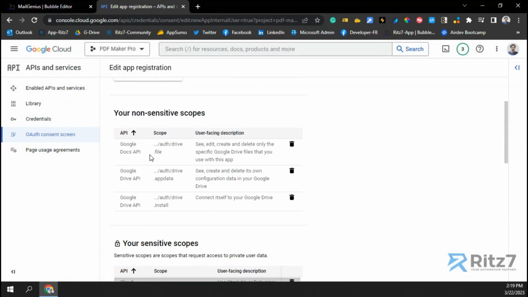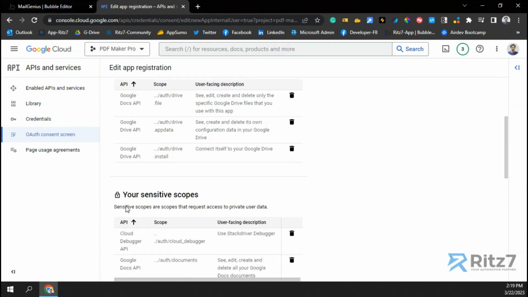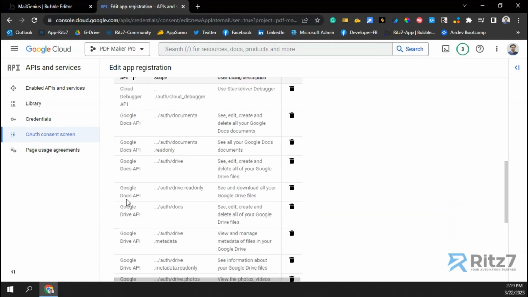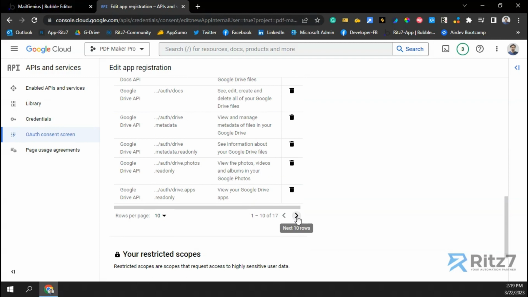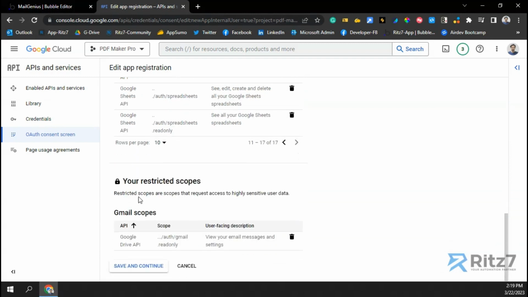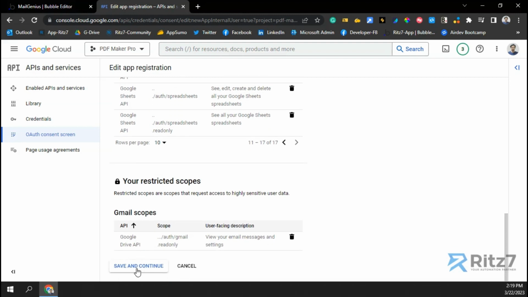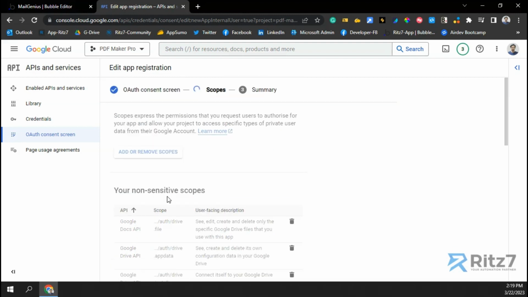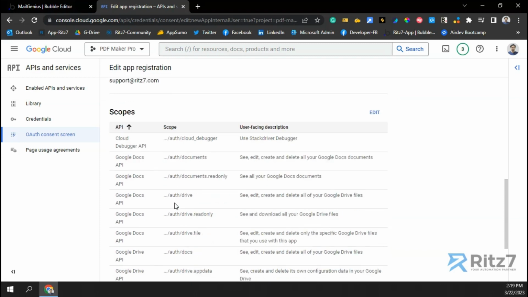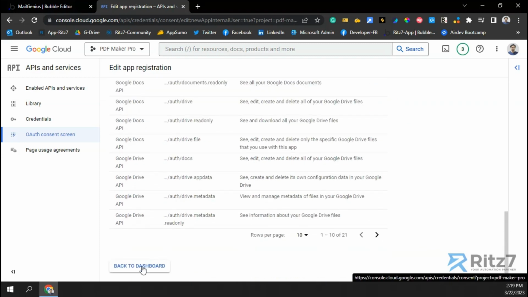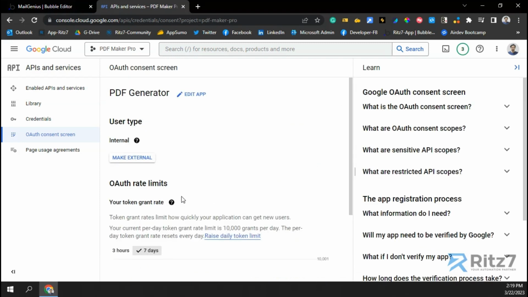You can see that these are being shown here: Google Docs, Google Drive, Google Sheet should also be shown somewhere, maybe on the next page here. Yeah, Google Sheets is also shown. So once this is done, click on save and continue, and you're done with scopes. Click on back to dashboard,